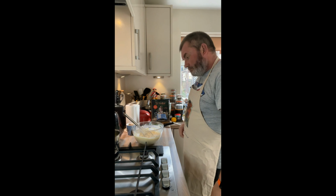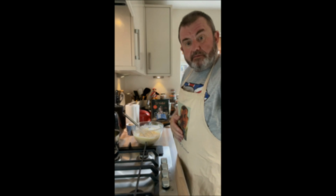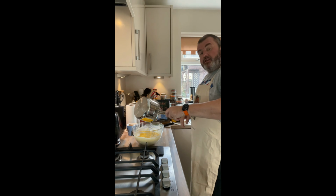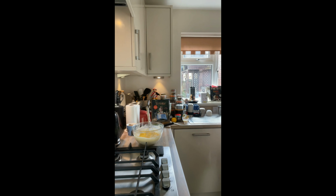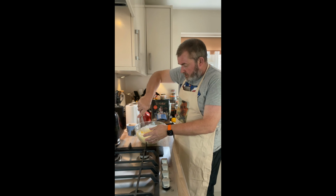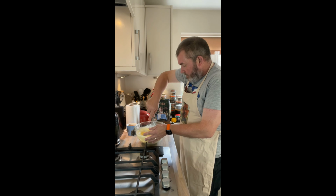Right, so I think we're now ready to move to the next stage. This is where we're going to whisk in that melted butter. I think I said to you 125 grams of that. We want to make sure this is all thoroughly mixed in. And then all we've got left to add is our milk